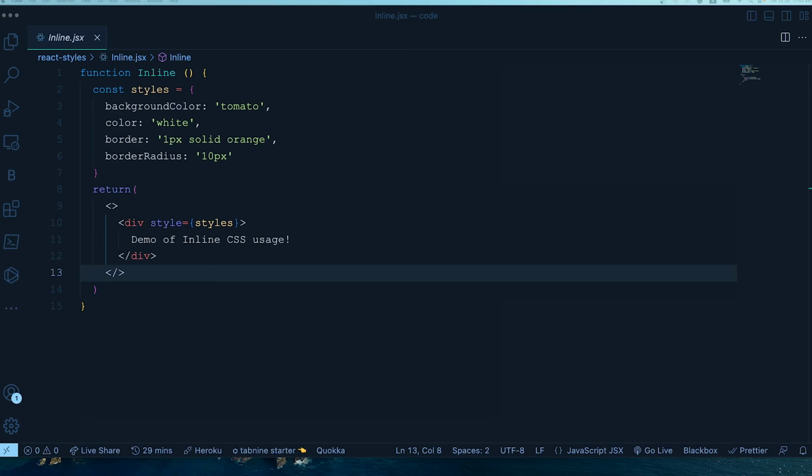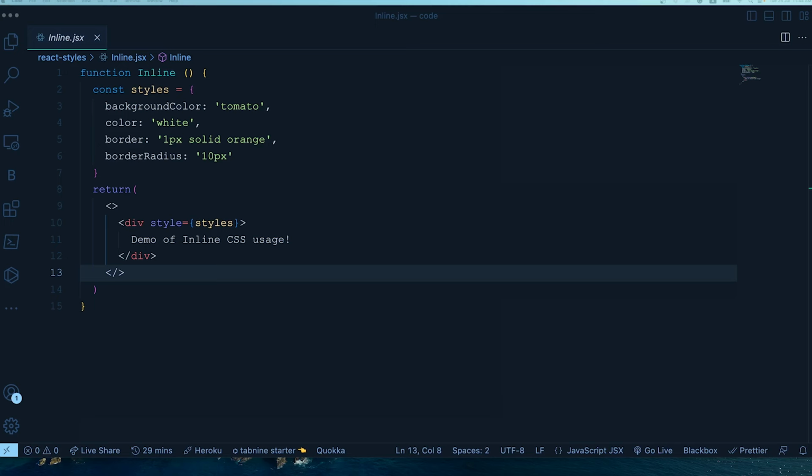There is no problem actually, right? But the problem comes when your project goes bigger, and at that time it is really tedious to maintain and manage style in this way. It means that if there is a small styling change also, you are touching your component. Lots of inline style in your JSX actually makes it really unreadable, and it really doesn't scale very well. So it is not good.